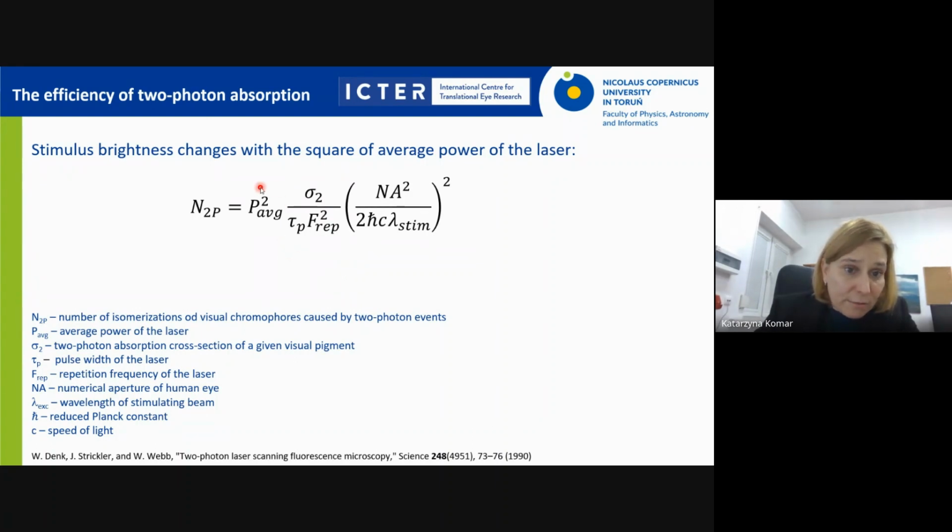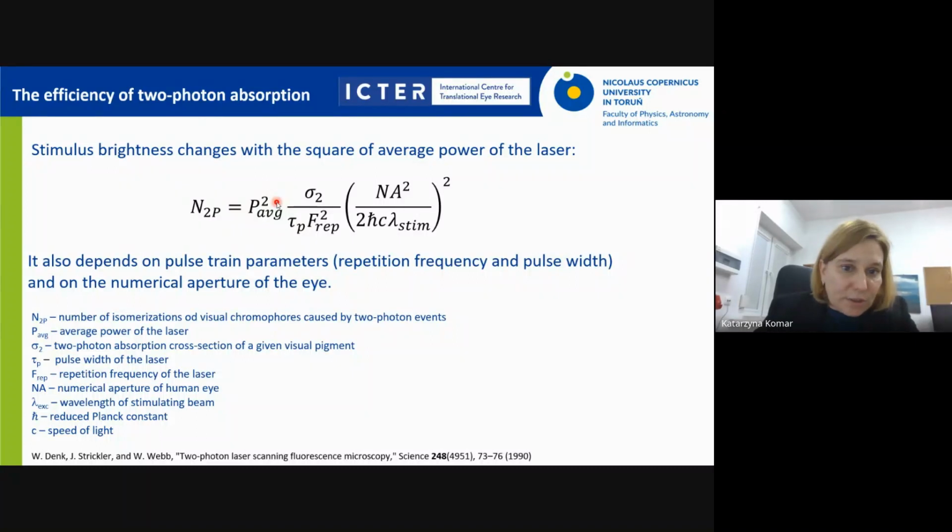And as you can see, one important thing is that the number of these absorption events, which converts into the brightness, the perceived luminance of the stimuli, depends on the square of the average power of the laser. And I will focus in this talk on this difference between one- and two-photon perception. However,